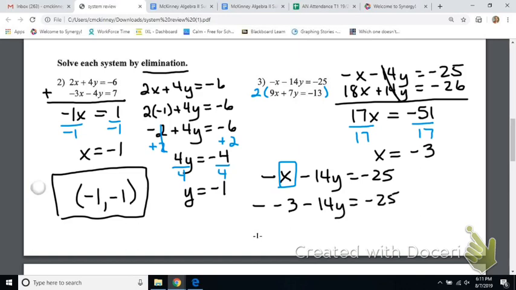But remember what negative x means? It means negative 1 times x, right? So this means, when I plug it in, that this is negative 1 times negative 3. So we're like the opposite of x. So negative 1 times negative 3 is 3, minus 14y is negative 25,